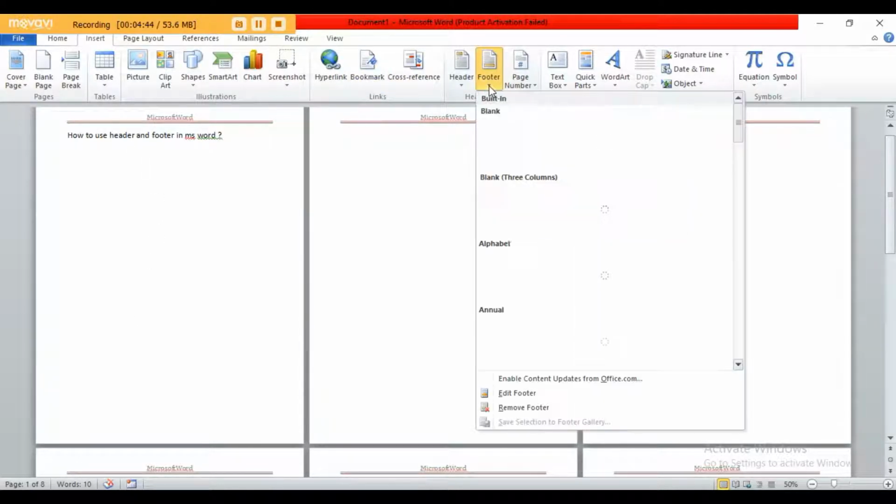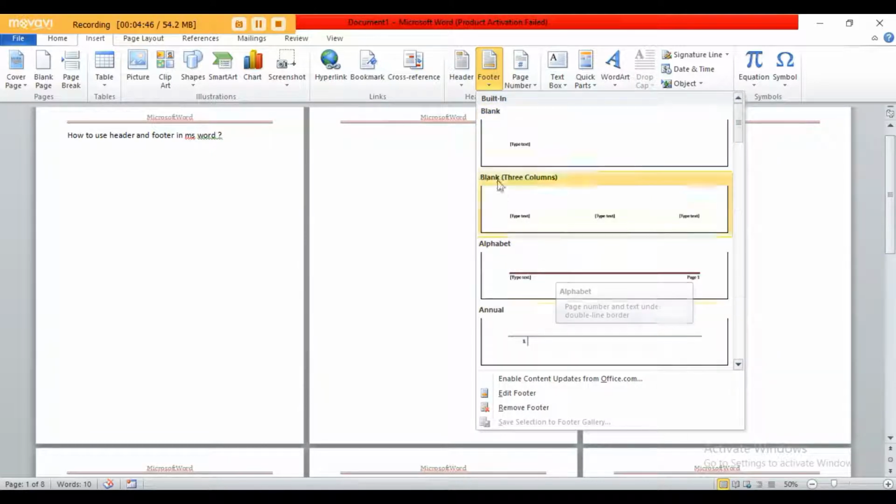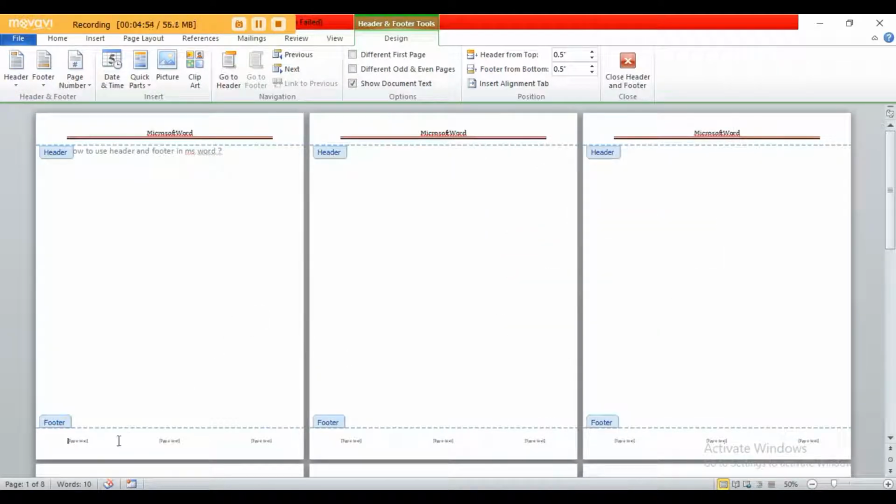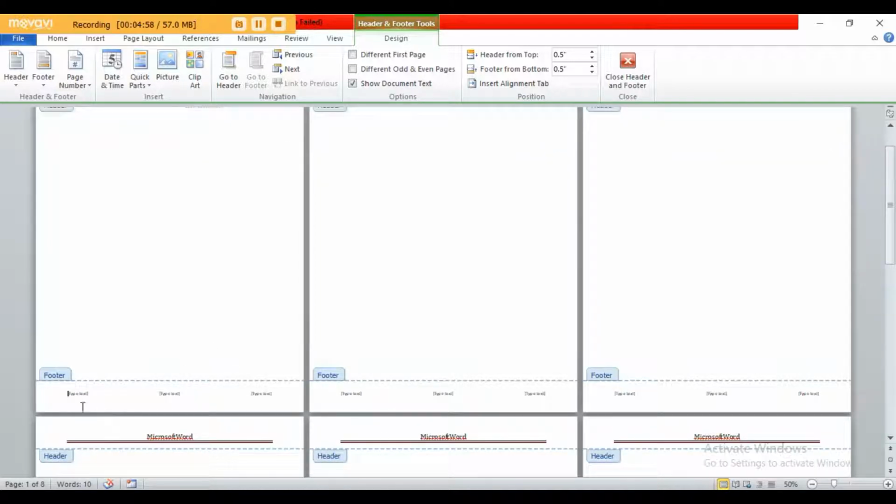After that, there is a footer option. You can choose a footer, and where you want to see the three pieces of information, at the left side or elsewhere. Suppose I want to select this one. I just select this one. At the bottom there are three areas. You can notice, first, in this area I just want to see the page number. Suppose I want to see the page number.